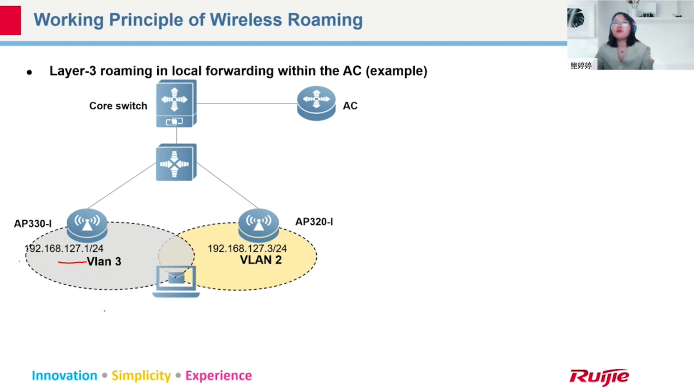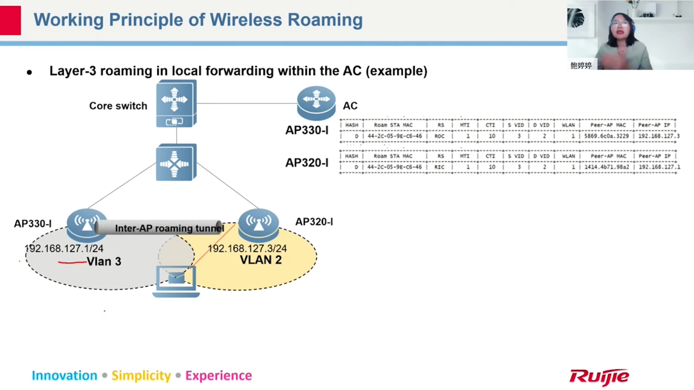And in this process, if we connect with new devices, because this is a local forwarding, between two APs we will establish the inter-AP roaming tunnel. And after we establish this tunnel, we will find some message about the roaming information. ROC is out AP. RIC is in AP. And MTI and CTI, because this is a local forwarding, this one is not useful when we transfer